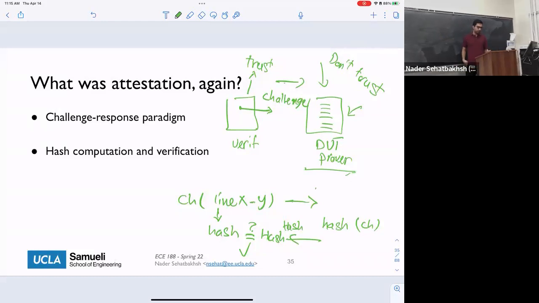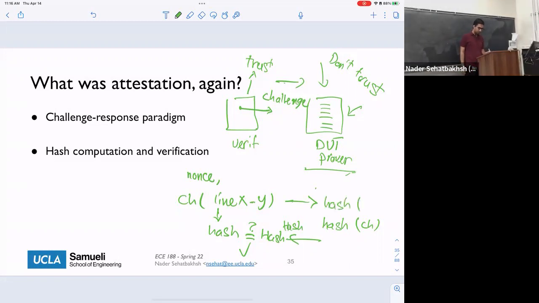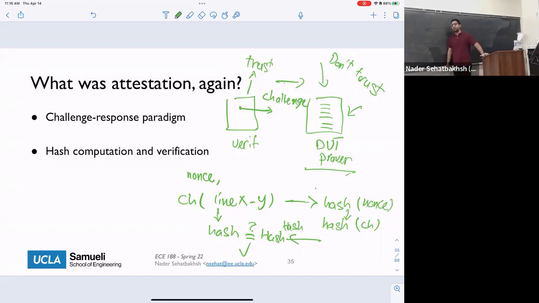Another thing to remember is that, in order to eliminate the chance of replay attacks, because if I send the same challenge I get the same response, and the attacker can change things but still give me the correct response, similar to the way that we use encryption, we also include a nonce. Anytime we send a challenge, we send a new nonce. For the hash function, the prover has to first compute the hash of the nonce and then add it to their challenge. So each time, the hash that comes out is different from the previous time, even though you send the exact same challenge. Okay, so this process is called attestation.